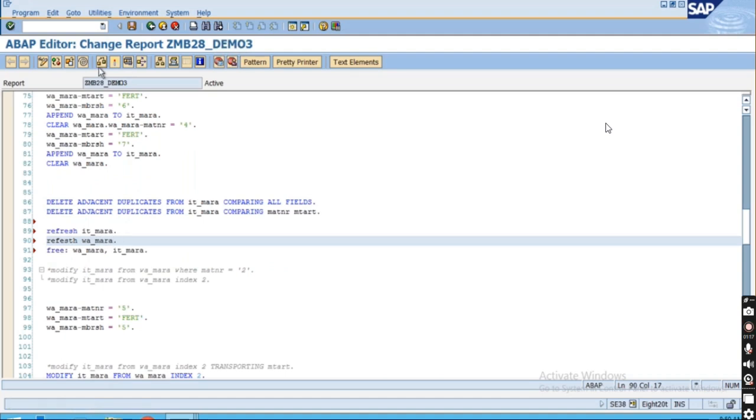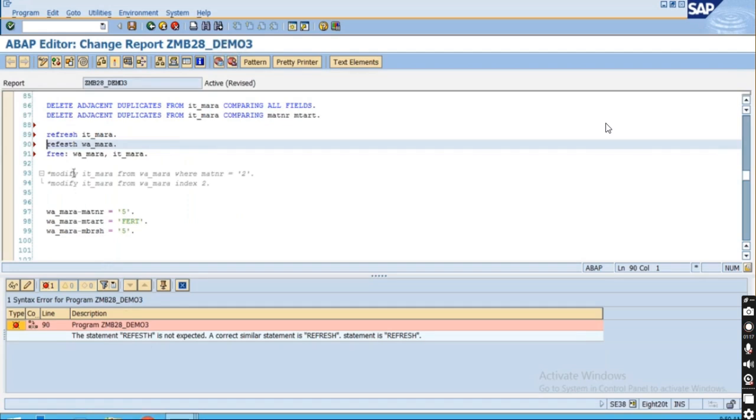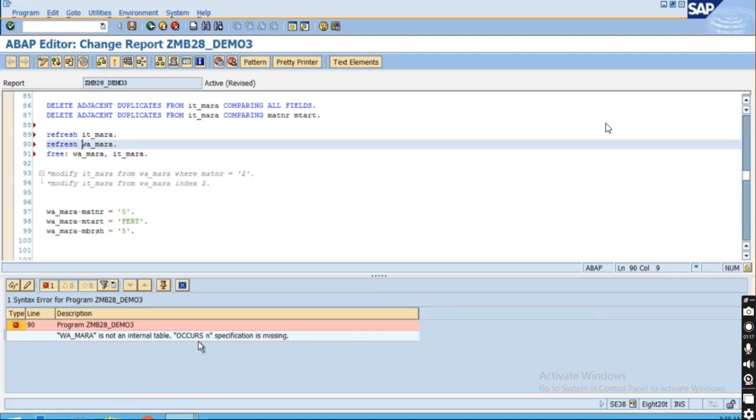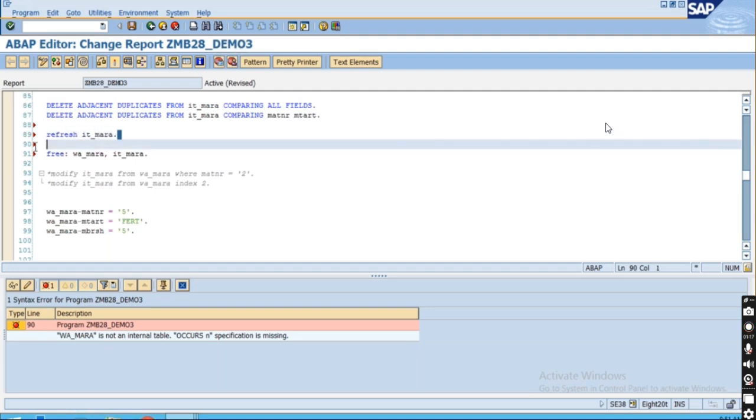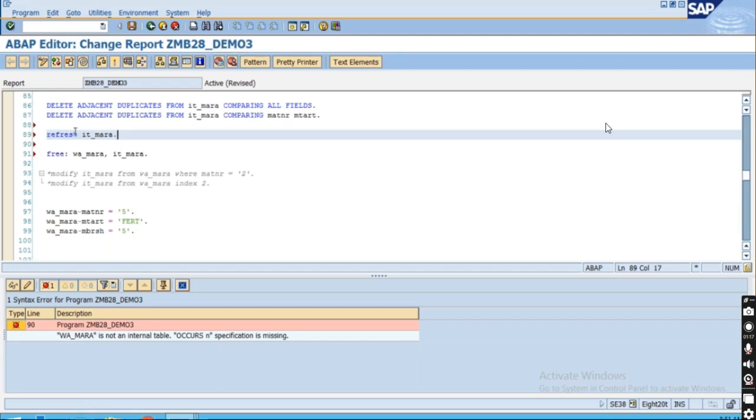Check the syntax now, and you can see the statement refresh. Let me correct it. Refresh, check the syntax, and you can see w_mara is not an internal table, right? So refresh can be used only for internal table, not for the work area. For work area you can use only the clear statement. Okay, so refresh will erase the content, right, and remove the extra